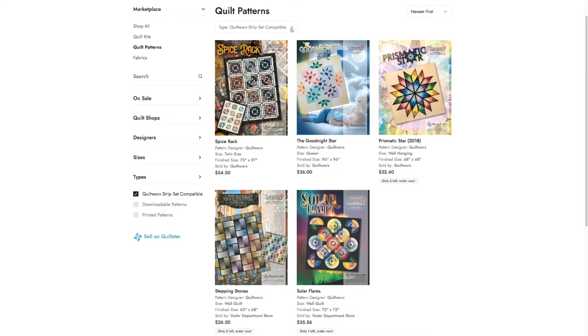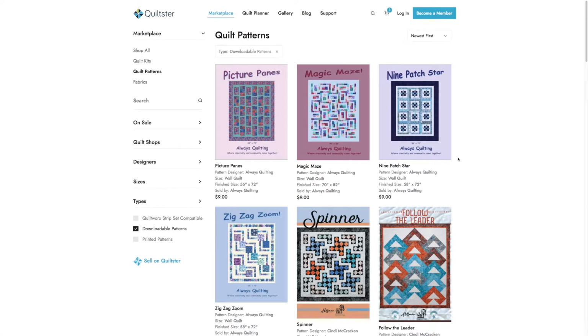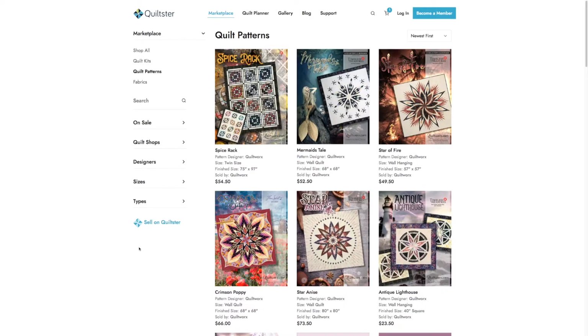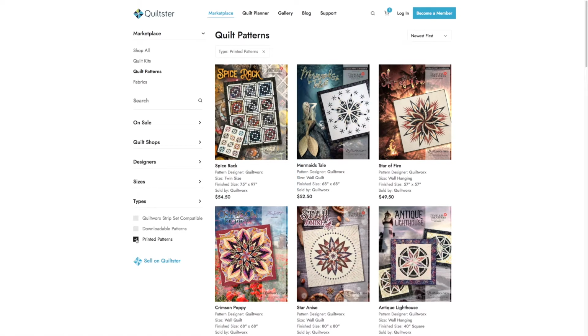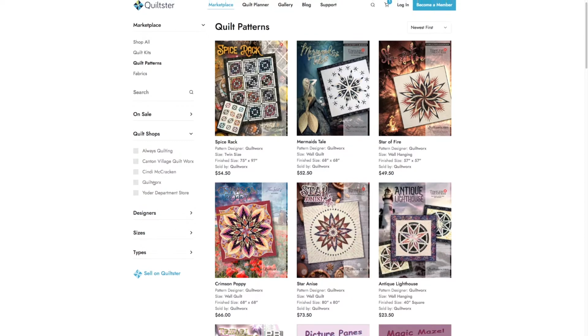Let's clear out that tag by clicking on this little X at the top. And you can also filter for downloadable patterns. Any patterns that are downloadable once purchased are immediately available in your account. Or printed patterns, which is basically a pattern that will ship to you in the mail. Okay? So you can sort by that. Let's go ahead and sort for quilt shops though. And let's look at